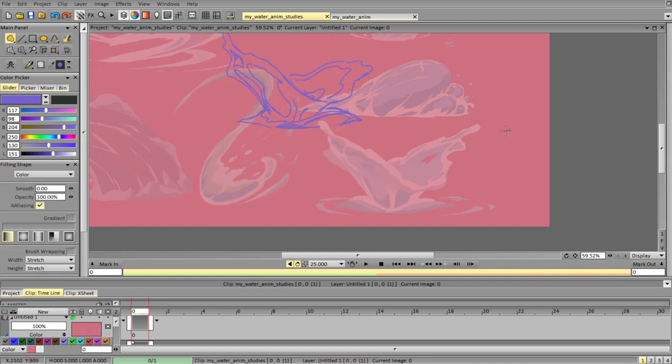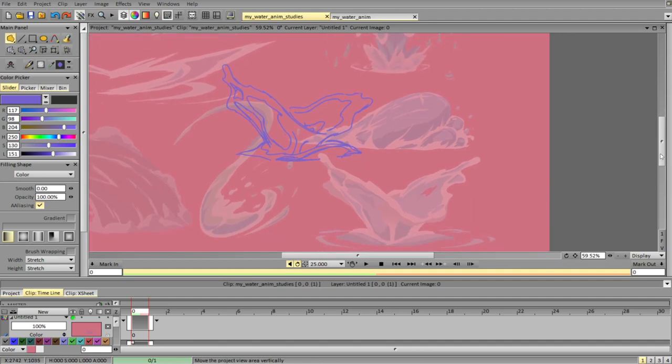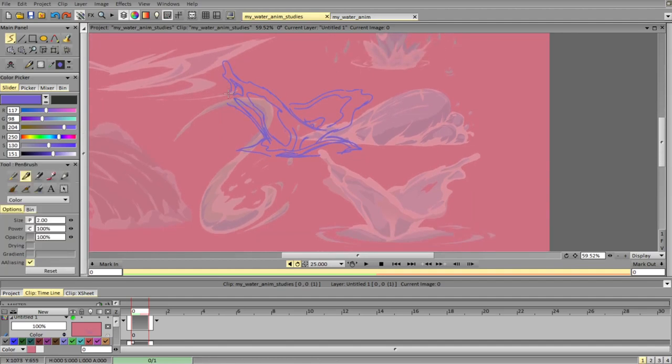So doing something like that. Maybe we can support this particle somewhere here as well.